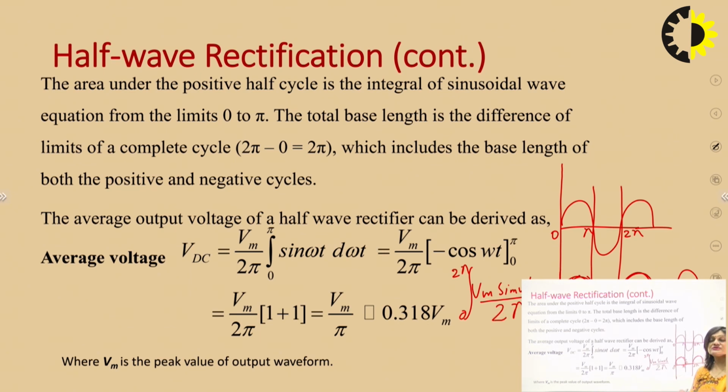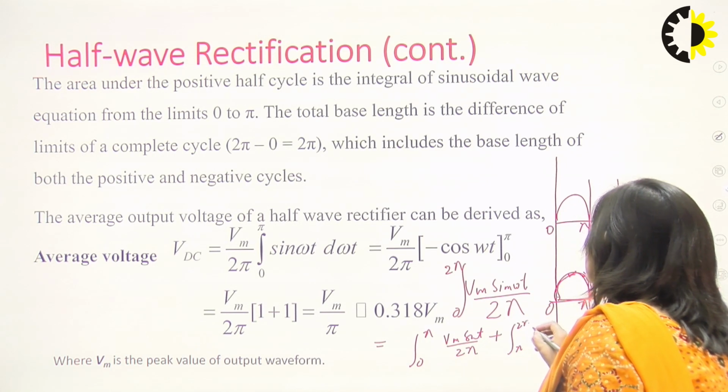Like we have 30 students in our class, and we have to find the average of marks of those 30 students. So what we will do, we will add all the marks of the 30 students, and then we will divide that figure by the number of the students, that is 30. So similarly here we will add up all the voltage at this point to this point and integrate it from 0 to 2 pi, and then we'll divide by 2 pi. So here also, when we open this, we will find that from 0 to pi, it will be Vm sine omega t upon 2 pi, and for pi to 2 pi, it will be 0.